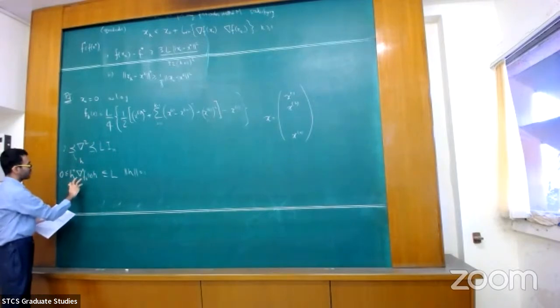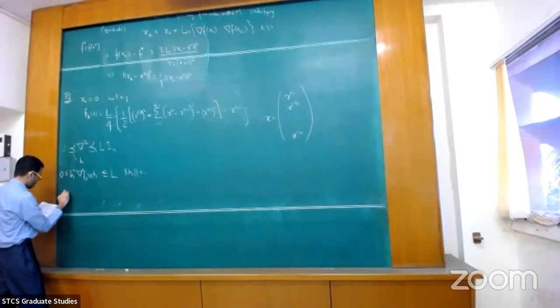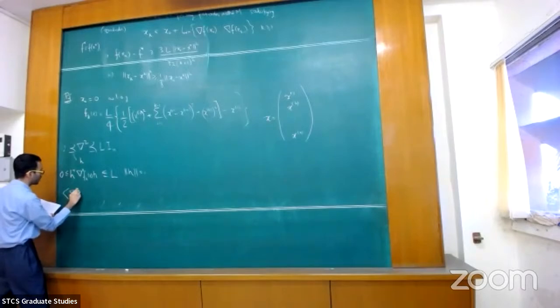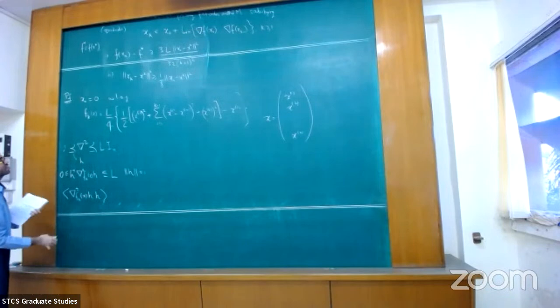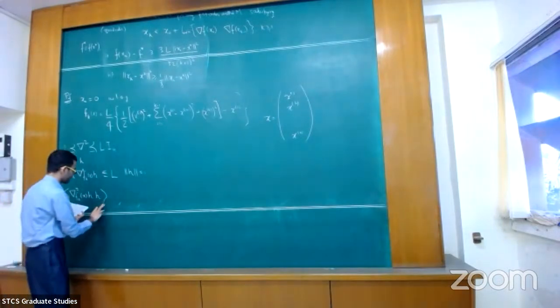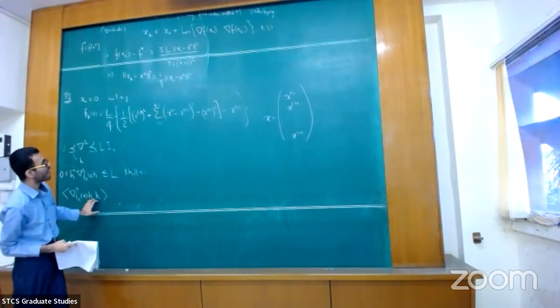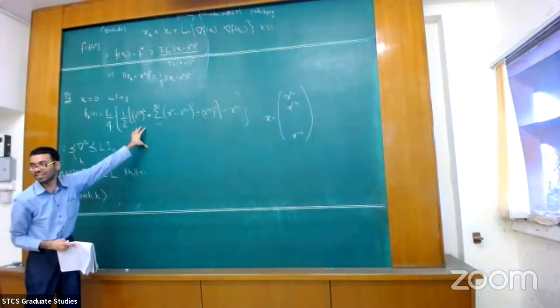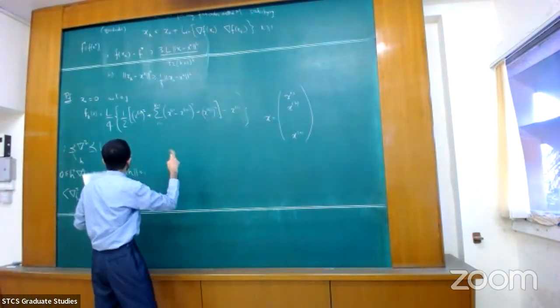Okay, so let's compute what this quantity is. I want to find the inner product of the Hessian times h and h. So what is this quantity? Here we will critically use the fact that this thing is some quadratic. If I have any quadratic in my life, then it looks something like